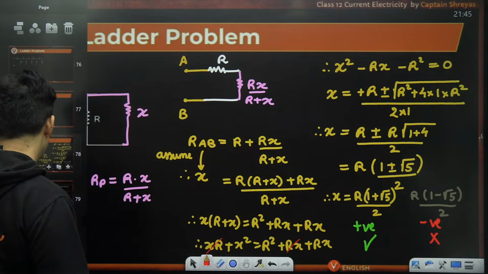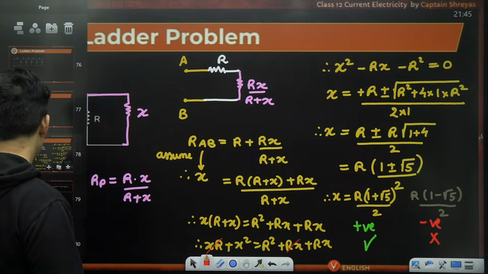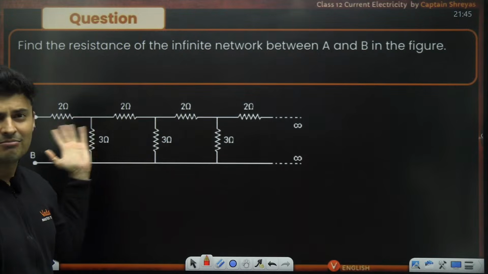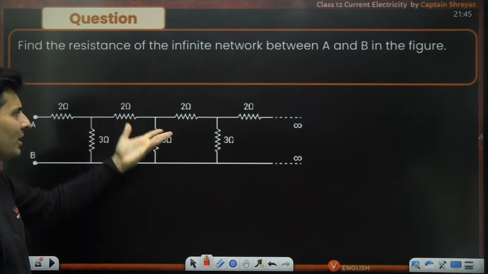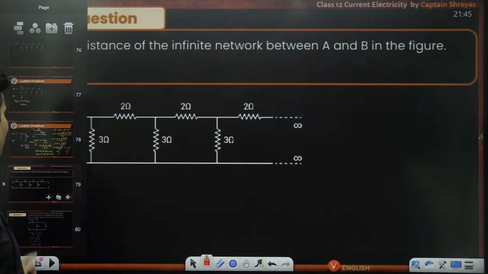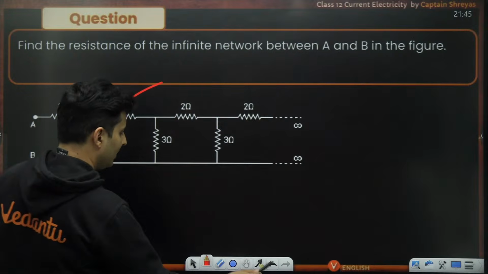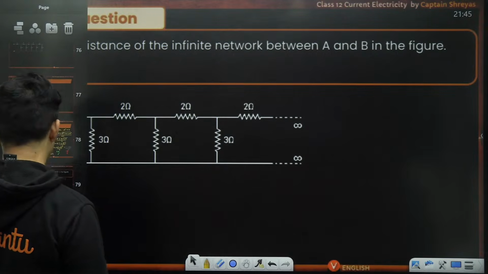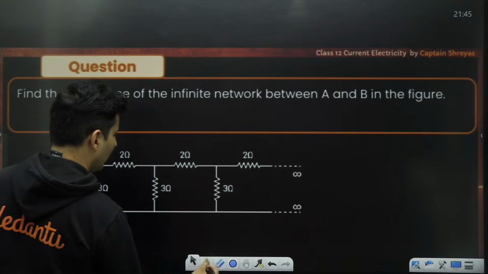Great. Fine, sir. So, the same question is also over here. 2, 3, 2, 3, like this. Same thing you can repeat and you can solve the question again and again. You will see that whatever is there in the front, whatever is there over here, again you can assume,